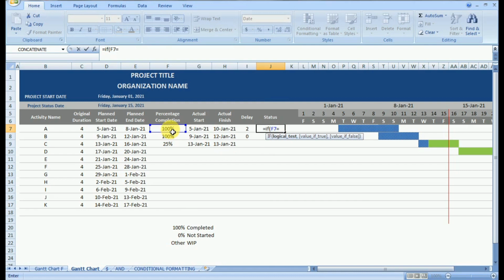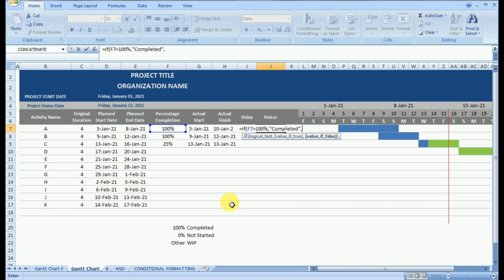Now the logic test: my percentage complete, that is F7, the cell address, is equal to 100%. So if my input is equal to 100%, F7 is the input where the user will enter the percentage. If the user input is equal to 100%, value if true.